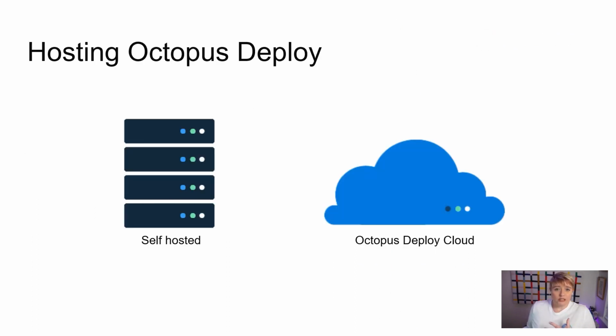Now, where do you host Octopus Deploy? There are 2 options for you, 2 main options, and that's the self-hosted and then the Octopus Deploy cloud option. Now, the self-hosted is all about you having control of Octopus and the environment that it lives in. The hardware, the software, everything from start to finish is completely under your control. Now, the Octopus Cloud deployment is all about having the ability to not worry about what's going on in the back end and you just interacting with Octopus.